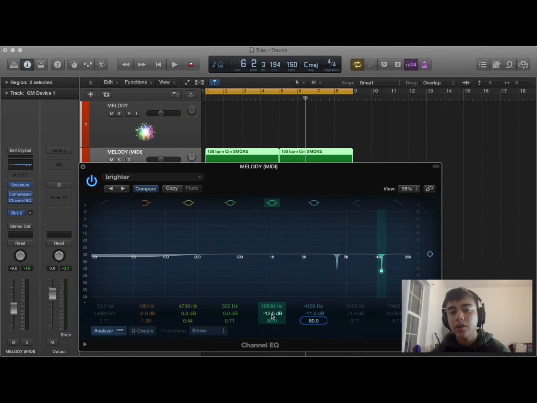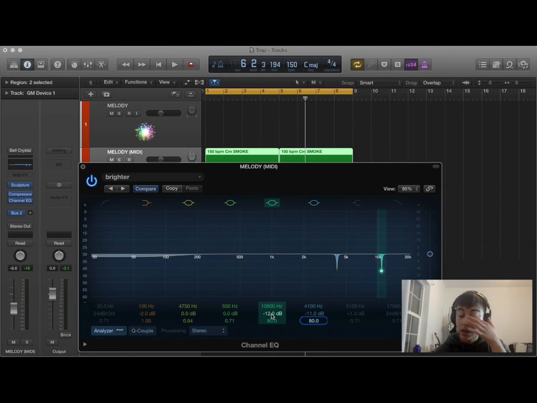But you really just gotta train your ears to figure out what sounds good to you. In some extreme cases, you might go all the way down to like minus 20 dB. In others, it's just a matter of 1 dB, 2, or even maybe just half a dB. So it really depends on the sound. But that's an awesome, super easy technique that you can do with any DAW and any stock EQ to just